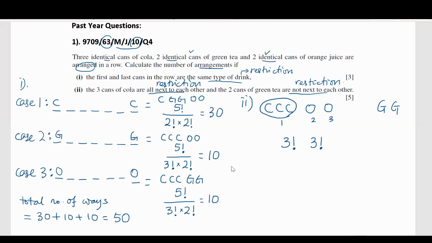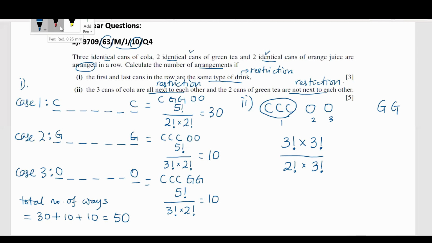And by the multiplication rule, the total ways we have, we multiply them together. All right. But don't forget, the 2 cans of orange are identical. So to get rid of the repeated ways, divide by 2 factorial. As well as the 3 cans of cola, they are identical as well. Divide out 3 factorial ways. Okay. Now,